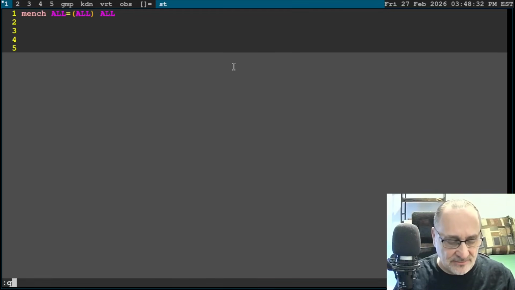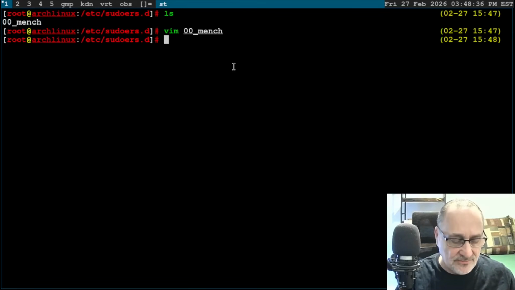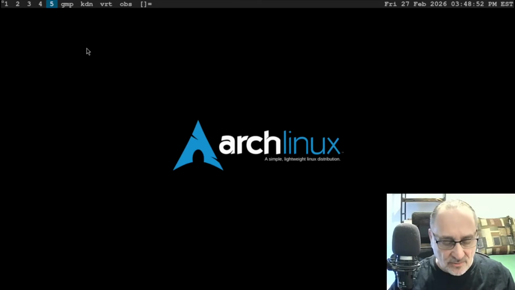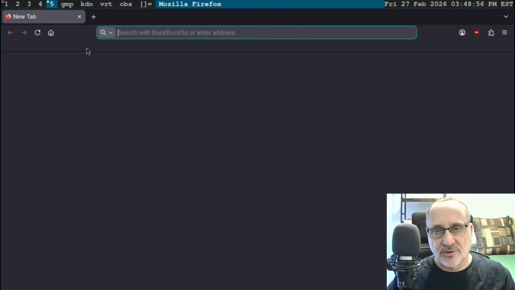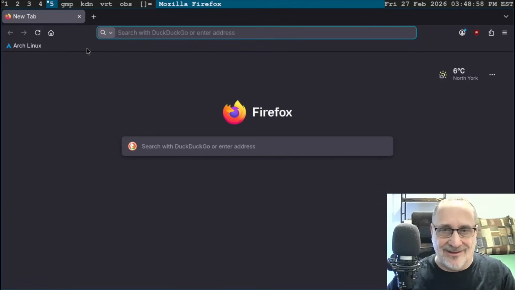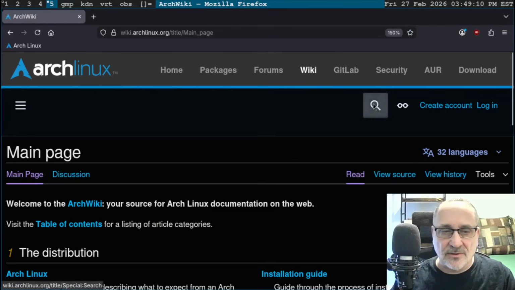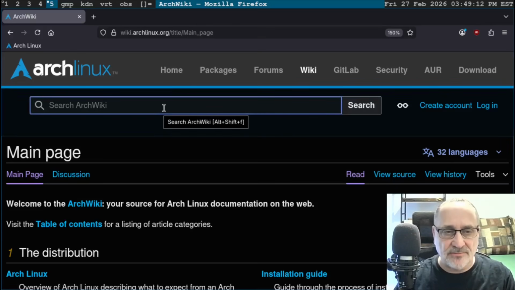So now I'm going to close that. And let's just exit out of root. And let's just cd out of there. And now I'm going to go to workspace 5, and I'm going to open up Firefox, Alt-W, W for web. Okay. And I'm going to go to the Arch Linux website. I'm going to go to the wiki, and I'm going to go to search, and I'm going to type in